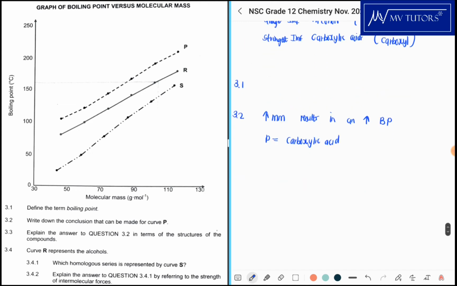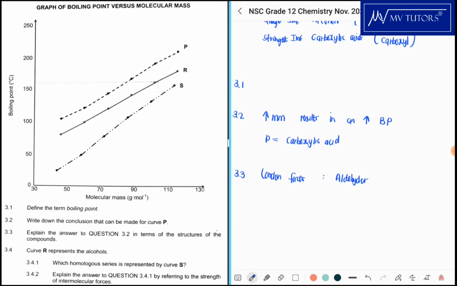All right. And now 3.3, it says, explain the answer to question 3.2 in terms of the structure of the compounds. Okay, in terms of the structure of the compounds. Okay, so all these compounds contain London forces. All right, London forces. So for your aldehydes, okay, so for the aldehydes, it's basically